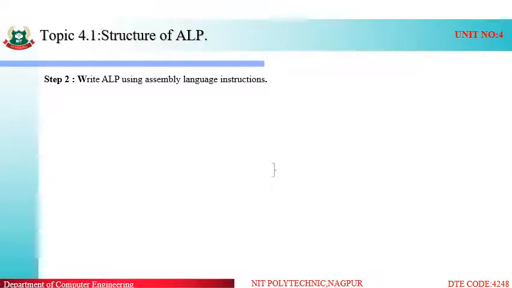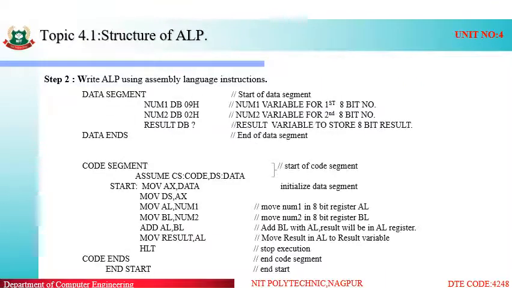Now main is the code part, that is how to write it. As we have defined in the structure of the program, first we have to define our data segment. So the data segment is defined. In the data segment, which data will be required for performing addition of two 8-bit numbers? Two numbers will be required, num1 and num2. So num1 is nothing but a variable. Here you can take it as x, y, whatever you want. So num1 is the variable name.